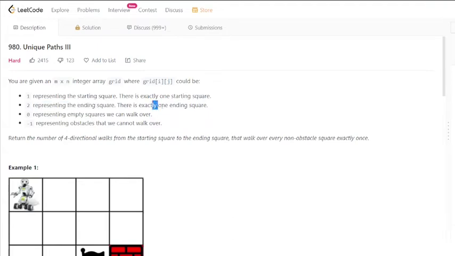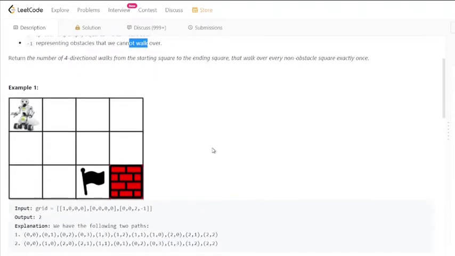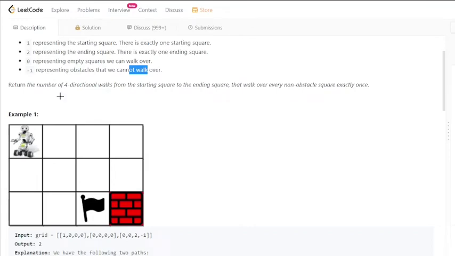There is exactly one ending square. 0 representing empty squares we can walk over. -1 representing the obstacles we cannot walk over. Return the number of 4 directional walks from the starting square to the ending square that walk over every non-obstacle square exactly once. So let's consider this example.